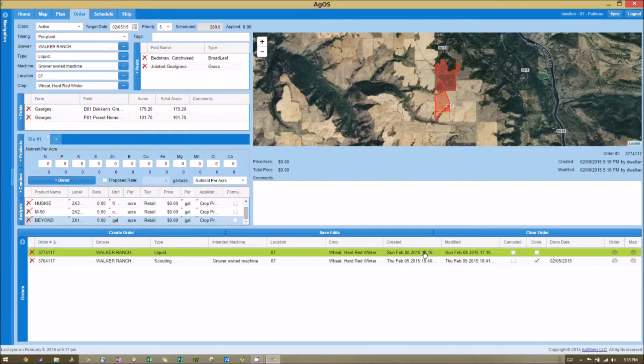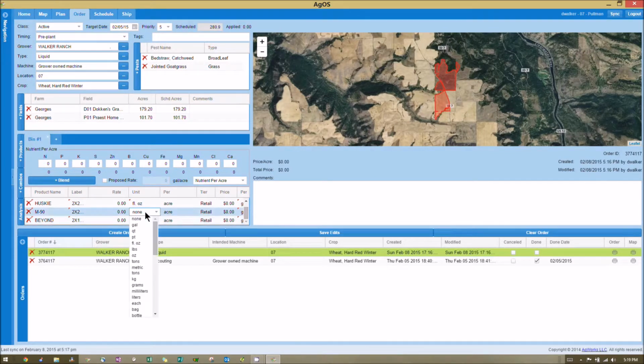Okay. Once it does that, you can go back in and change your rates. Okay. If you pull these out, you can see them better. I like to be able to see exactly what, and I'm not too awful concerned about the retail price or anything like that. So if I go in here and change these to